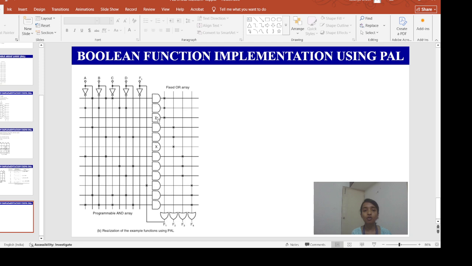So we have to put a cross in the AND gate, and from the AND gate output we have to put the cross sign. That means the fuse connection, and we will connect it to the OR gate. We will name it F1. Similarly for F2 also we will give the inputs to the AND gate. The unused input should be represented as a cross in the AND gate. In this way we have to give all the AND gate outputs to the OR gates, and when it is going to the OR gate, there also we have to mark these cross symbols. All right.